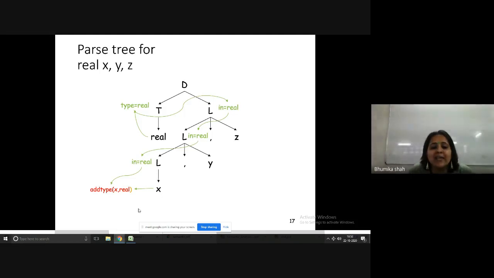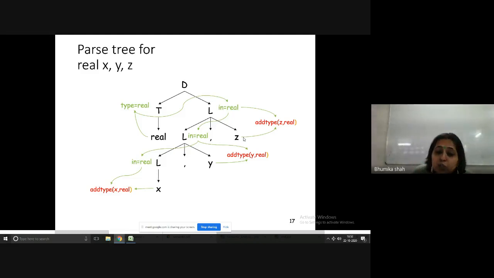So here we are indicating that this data type is going to be returned in the symbol table entry of X. Fine. Now the value of this L is going to be assigned to Y also, and in the symbol table the entry will be made for Y also. Similarly, the data type of L will be assigned to Z also, and in the symbol table the value will be assigned for Z also. So see, this is also the sequence in which this expression is going to be evaluated.